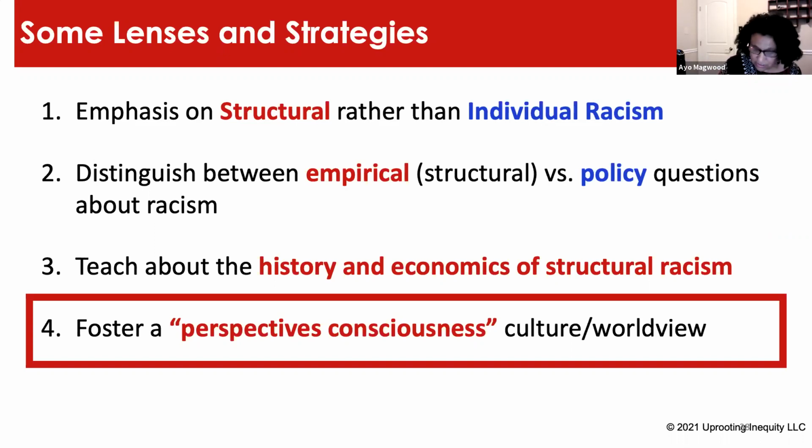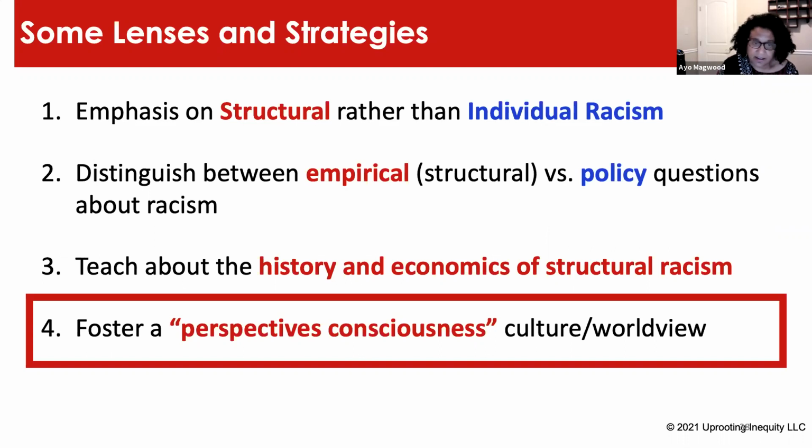And you can start developing this at a very young age. In fact, I argue that kids who live in more than one subculture, kids who have parents from different races or ethnicities or nationalities, or kids that go back and forth between 2 different cultures, develop this perspectives consciousness from age 2 or 3. For example, I come from a very mixed background. I'm a cultural border crosser. So I basically taught my students how to think like me.